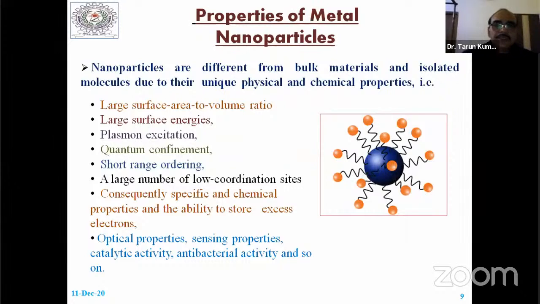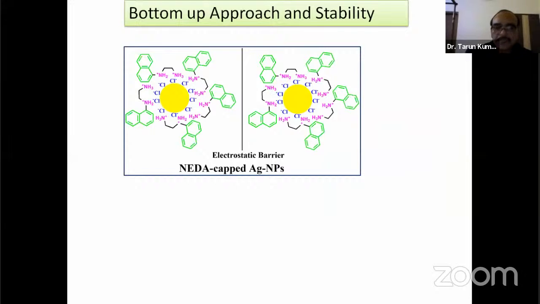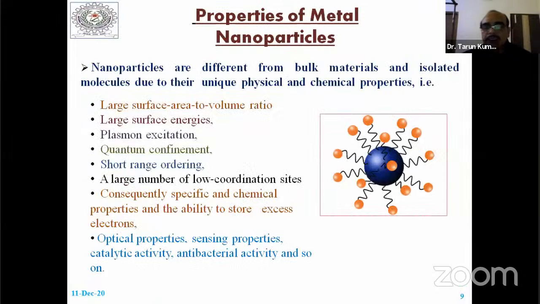Here I will discuss again how you can stop the aggregation, because generally we chemists follow the bottom-up approach. For the bottom-up approach, they have to stop the aggregation, so they have to do something. Here you can see the large surface area to volume ratio, because nanomaterials are actually different